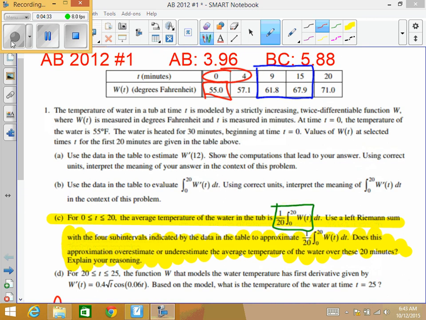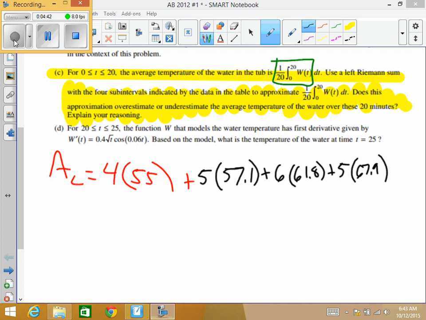We can see the next rectangle is going to be a width of 5 using the 57.1 and so on. After pulling this data from the table, we can use a calculator to put all that in, see what we get. Turns out we get